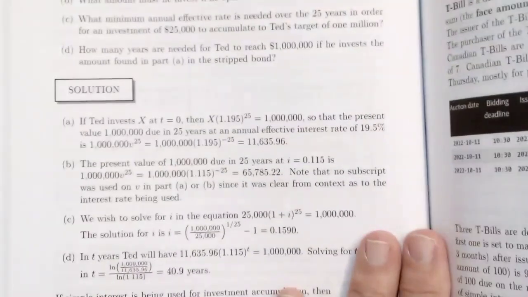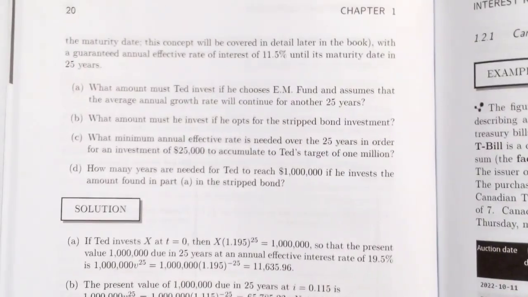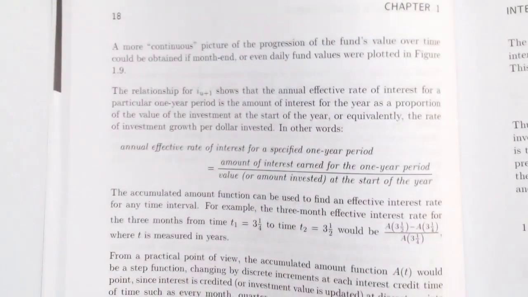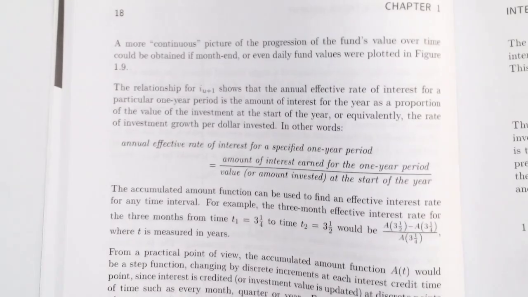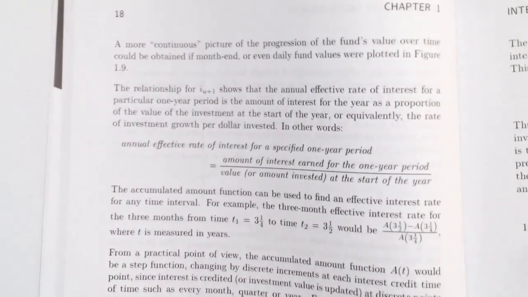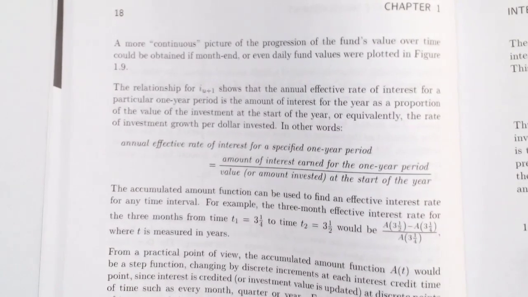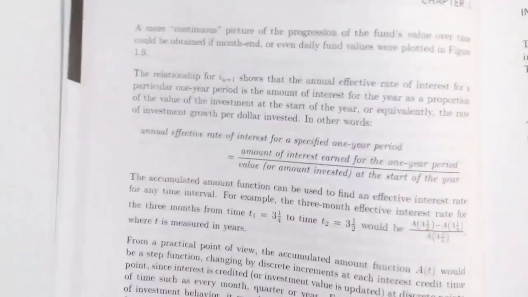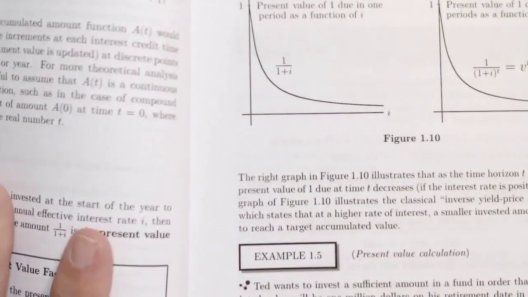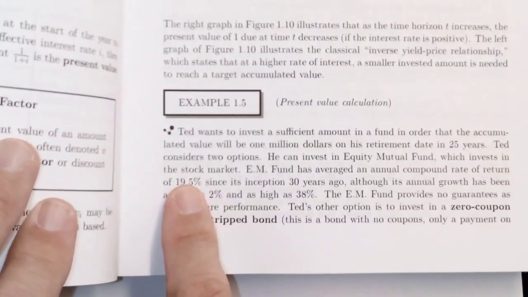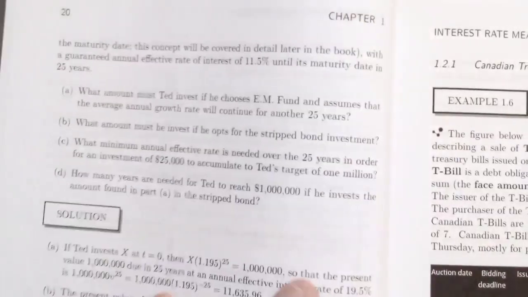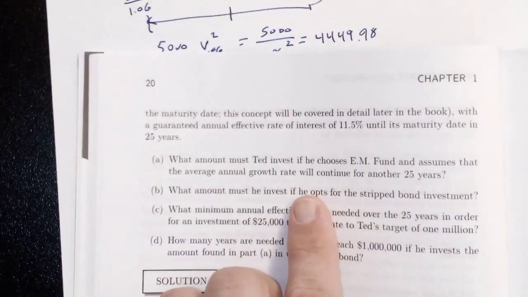Here are a couple more present value calculations on page 20. Problem actually starts here. Ted wants to invest in a bond. It's called a zero coupon bond or a stripped bond. In other words, he puts the money in, it disappears, he sees nothing, hide nor hair of it for 25 years. In 25 years, the fund has had an average annual compound rate of 19.5%, but sometimes it's been as low as 2 and as high as 38. Assuming the average growth rate,